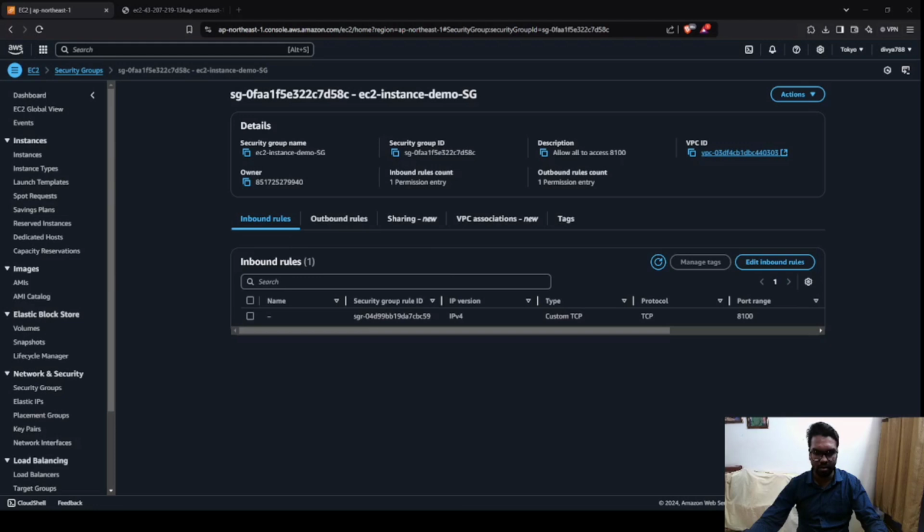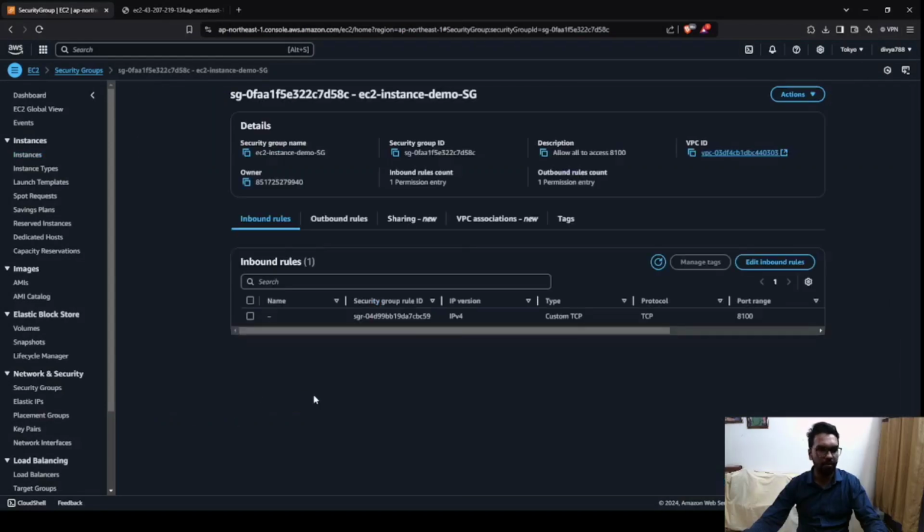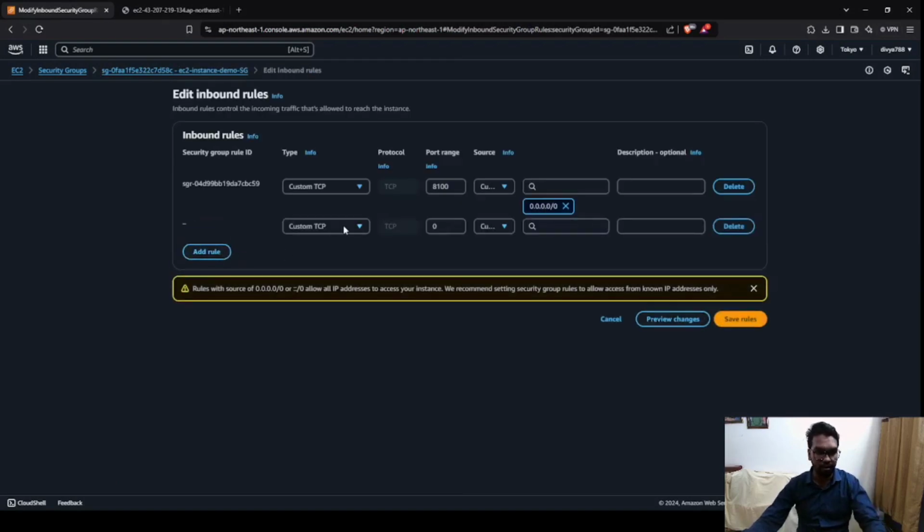Okay, we are in the inbound rule section. Let me get back and let me do that. In the security group, you can find this security group ID here, and clicking that, you will get to the inbound rule section. You have to edit the inbound rules and add a new rule here.